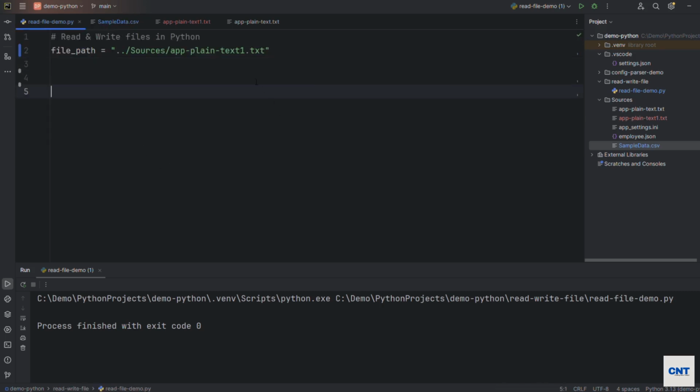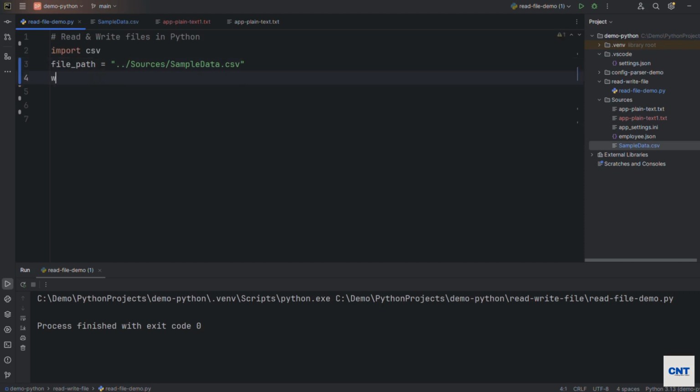Okay, let me mention the name of the file, sample data.csv, and we have to import the CSV module. This is a built-in module in Python. Okay, and we will use the same with context manager, open built-in function. We will use the file path. By default read will be the mode, and we will create an object named f,